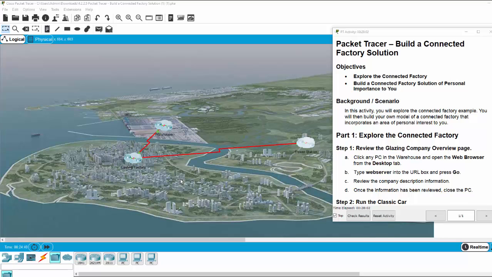Hi, in this lab activity, we will explore a smart factory. As you can see on the screen, this factory has three locations. The headquarters is in the center of the city. The warehouse is near the seaport, and the power station is near a green field which has many strong